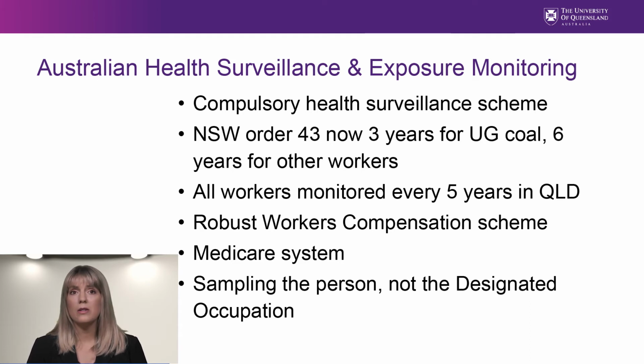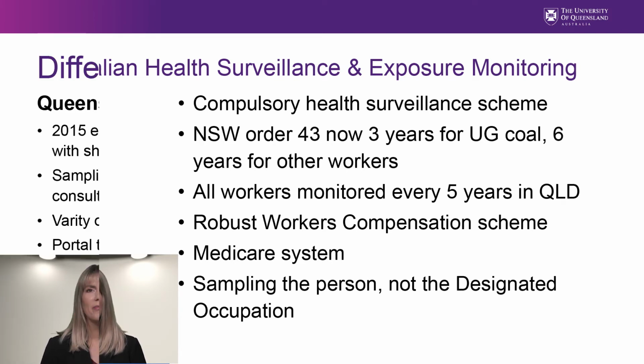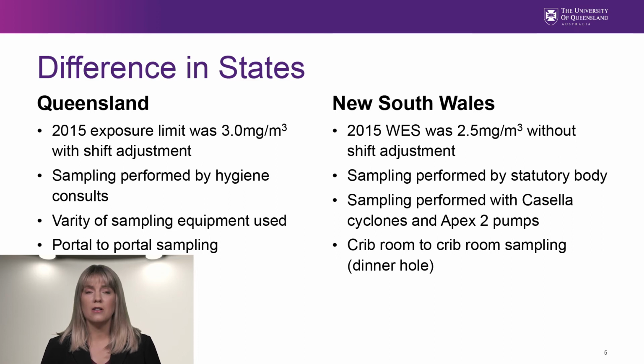There's also a robust universal healthcare system and workers' compensation scheme. In Australia, exposure monitoring is on the individual person and not the designated operator. This is in contrast to measuring continuously over a shift for that role that does not allow for breaks or job rotation. As such, the dust exposure would be expected to be higher for the designated operator than for an individual being monitored. Prior to the re-identification of CWP in Queensland, the exposure limit was 3.0 milligrams per cubic meter